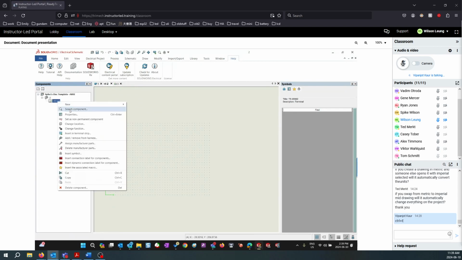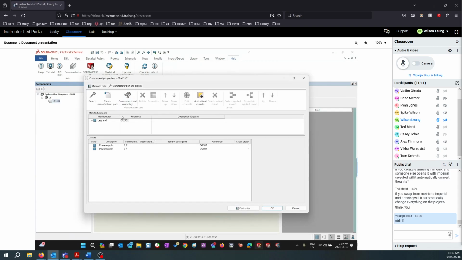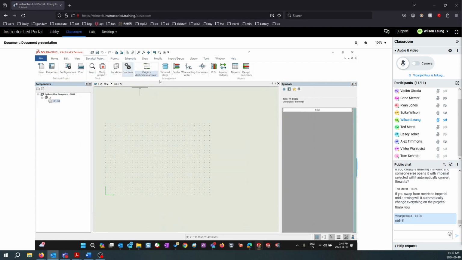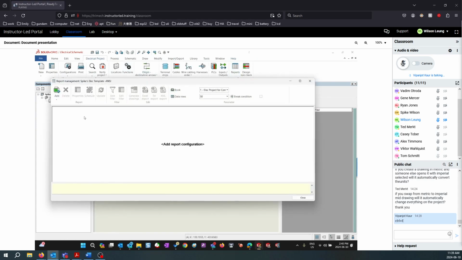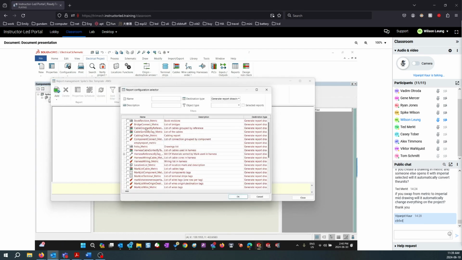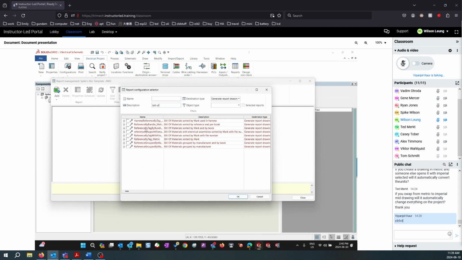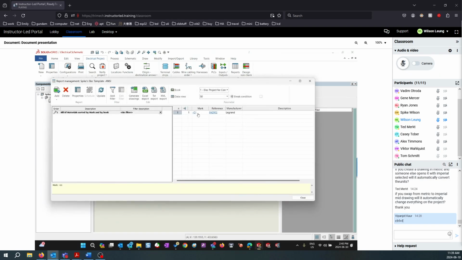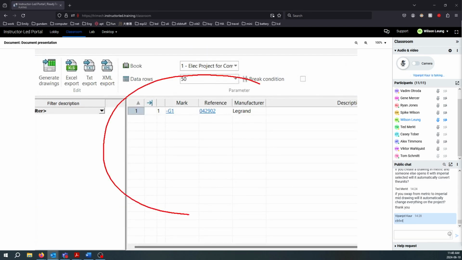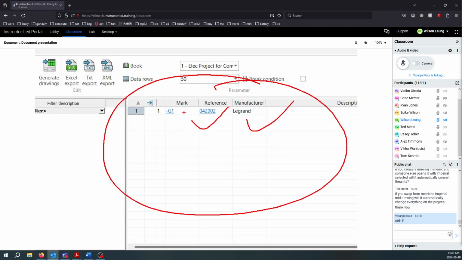If this guy had a property that we defined on the go, which company's transformer is that, what part is that, if that detail is defined, then on the project tab in your reports, you would see in your bill of material report, if I add that report. So we'll learn that in our last lesson, reports lesson. So I'm going to search bill of material. All the BOM reports will show up for us. And you would see my G1 component showed in my BOM in my shopping list, manufacturer company's name, part number,